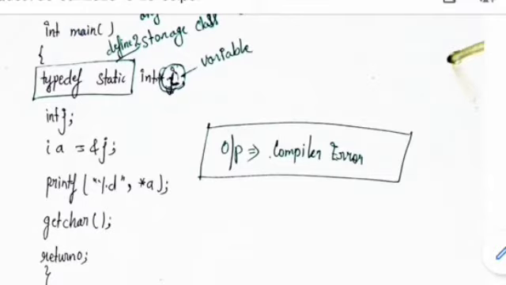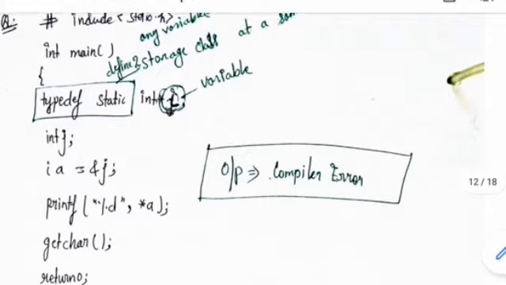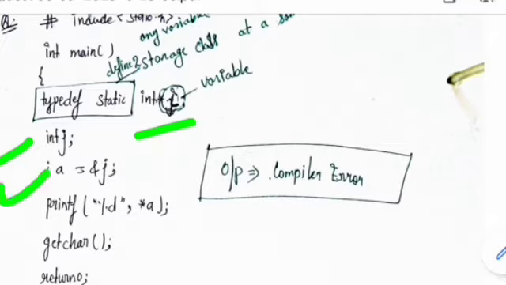Now the question number 22. The line of code is given as include stdio.h, int main, typedef static int pointer i and int j. Here ia is equal to the address of j, print the pointer a value, getch and return 0.